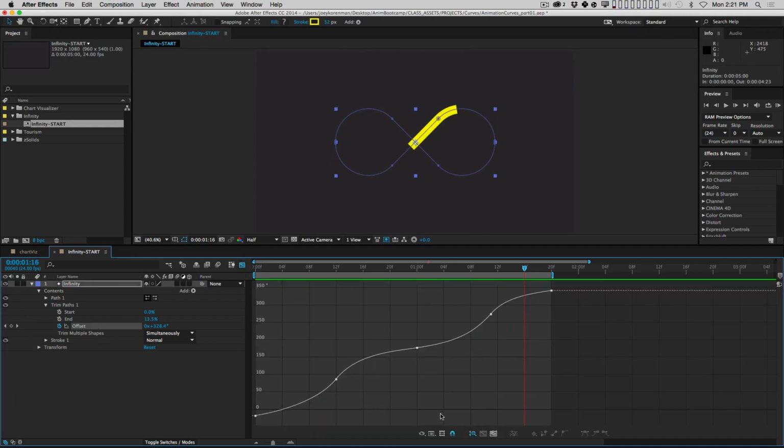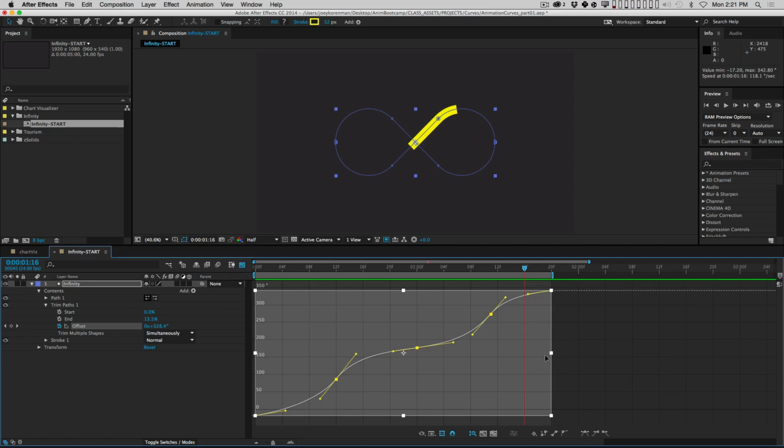One of the things we haven't really talked about yet is this button here. This button, when it's active, if you select more than one keyframe, it gives you a transform box that actually lets you scale points on your graph. So you can do things like this. If I want the graph overall to just take less time, I can grab every keyframe and scale it